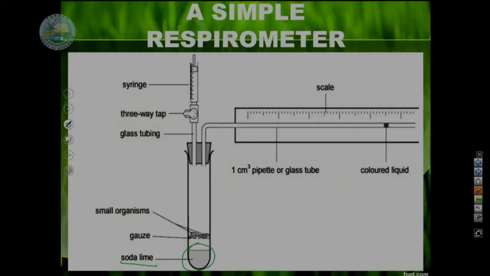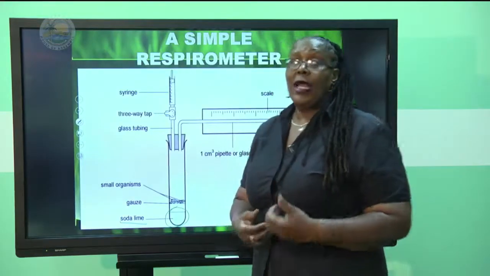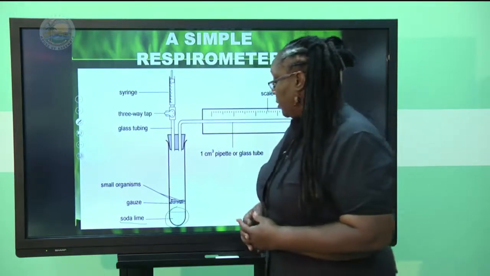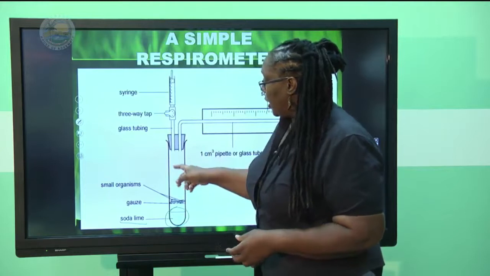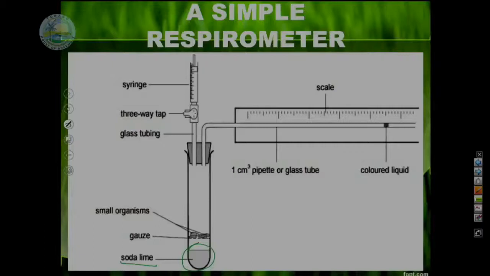Of course, that substance is very toxic, and so it must not come into contact with the living organisms. You know, at all times you try to preserve the health of the organisms. You also should not be touching this with your hands. You should wear gloves and so on. So if they ask you to set up an experiment, you will have to appreciate the things that you will do to try to get the best possible results. You must not allow the pellets to touch the sides of the tube,